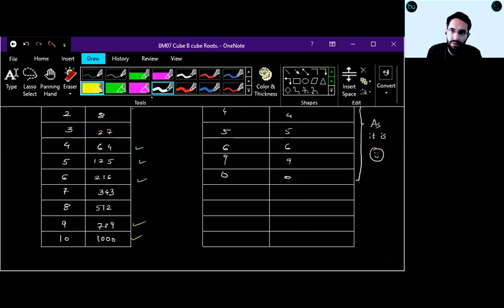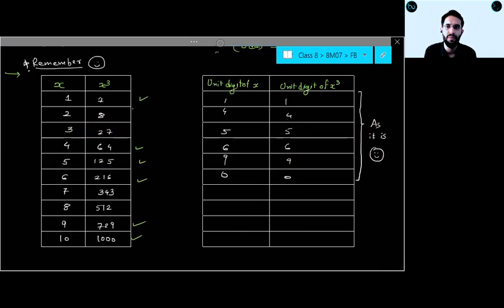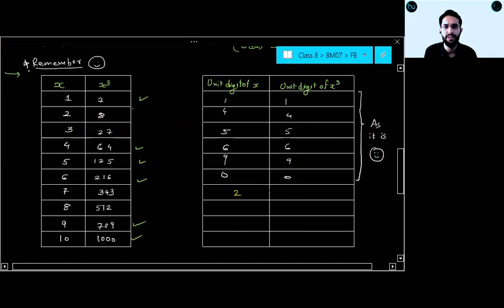Madhusudan, is it clear now? Yes, sir. Now, what is the unit digit of 2 cube? Here, if I am having 2, its unit digit will be 8. In the same way, for 3, and if you see its reverse, for 2 it is 8, and for 8 it is 2. For 3 it is 7. For 7 it is 3.